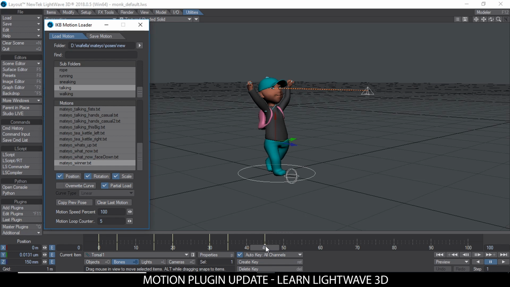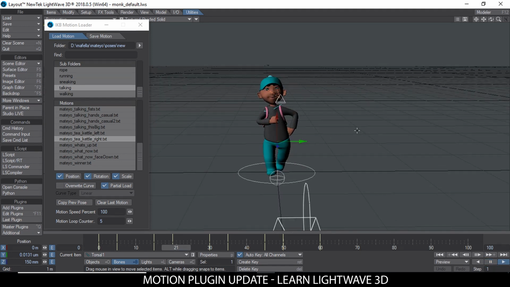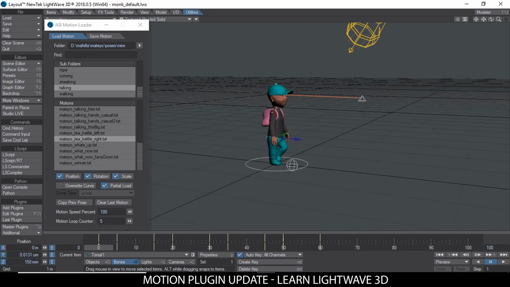It can be a huge time saver because here I'm just going around clicking away like that. Okay, so there we go. It's walking. This could be very good for animating things like dialogue or him doing something